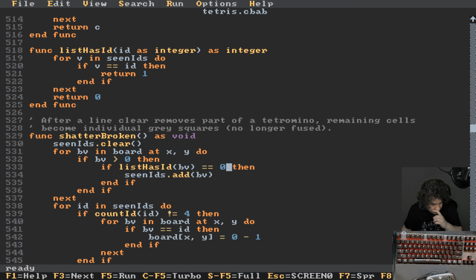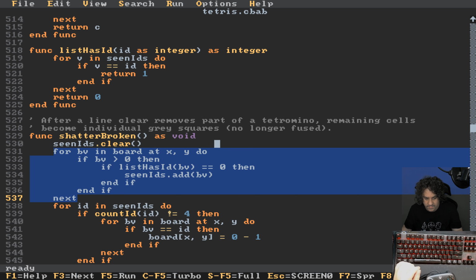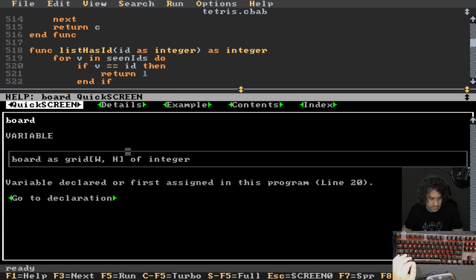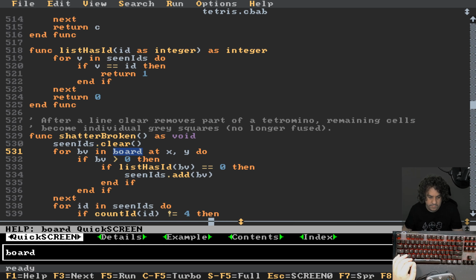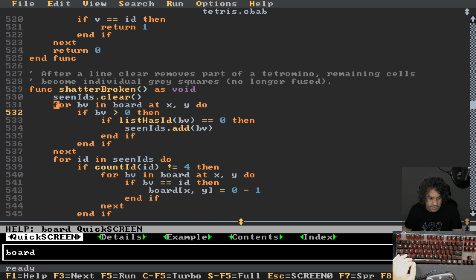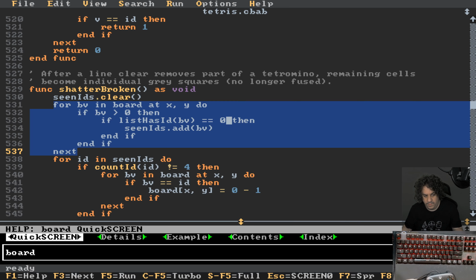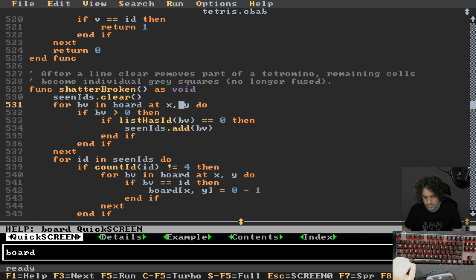But yeah, I'm sure that's voila. There you see something specific to grids. So board is actually a grid, and when you have a grid, you can use a special for. Instead of nesting two fors, you can have one for that would loop on X and Y. So it will loop columns and then rows, which is not intuitive because you expect that if you have an